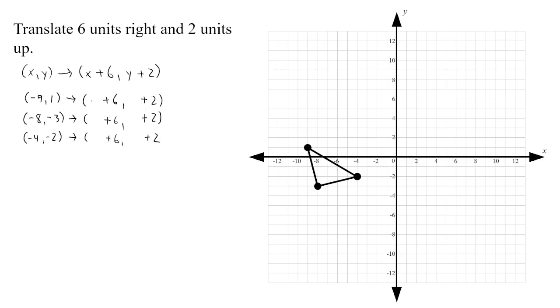So now we have -9 and 1. -9 plus 6 is -3. 1 plus 2 is 3. So we have -3, 3. And we're going to go ahead and plot it. Next, we have -8 and -3. -8 plus 6 is -2. And -3 plus 2 is -1. So we're going to plot -2, -1,